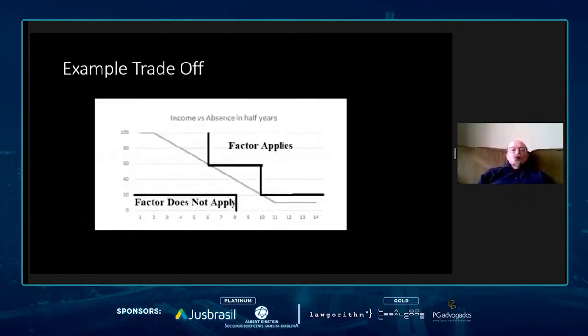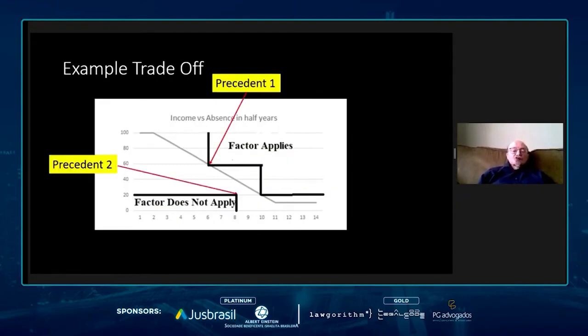As an example, consider the trade-off between income and absence. There's precedent 1 at 66, precedent 2 at 28, and precedent 3 at 2010. Clearly, there's a trade-off because we have the same percentage, but a different outcome because of a different length of